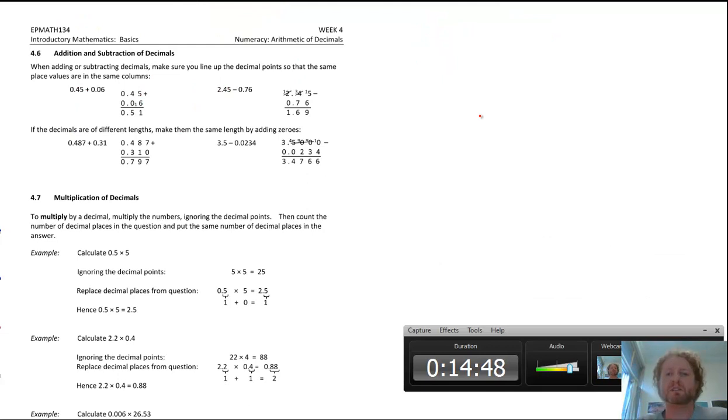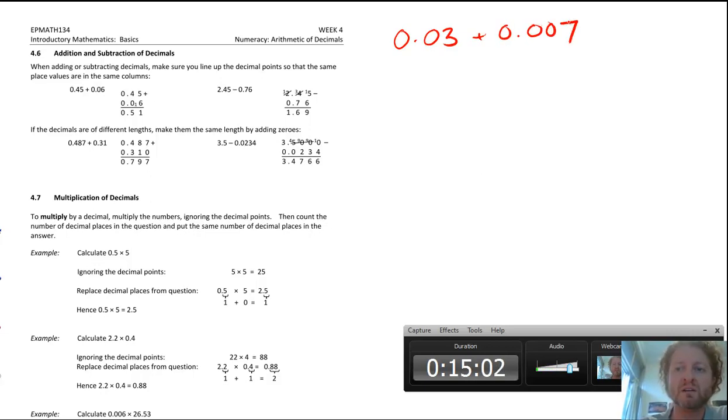I'm not going to spend long on this because there's no trick to this apart from align the decimals. It doesn't mean that questions can't be tricky. Like, someone said, what's 0.03 plus 0.007? For instance, you might look at that and think, well, 3 plus 7 is 10, so maybe is it 0.01 or 0.1 or 0.001, something like that. But no, this isn't about a 3 and a 7,